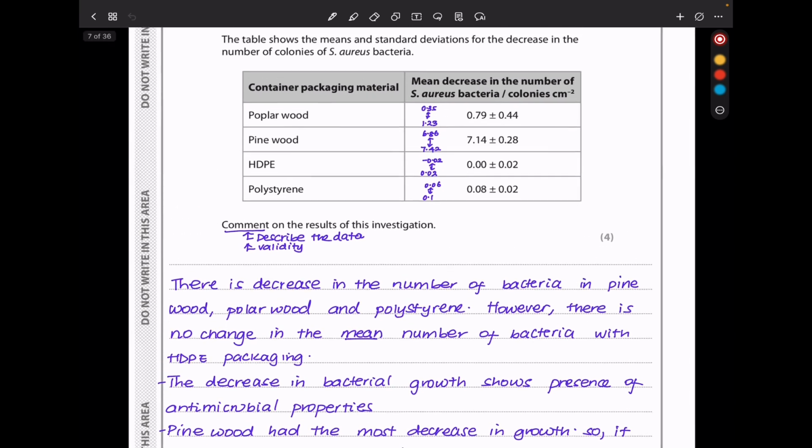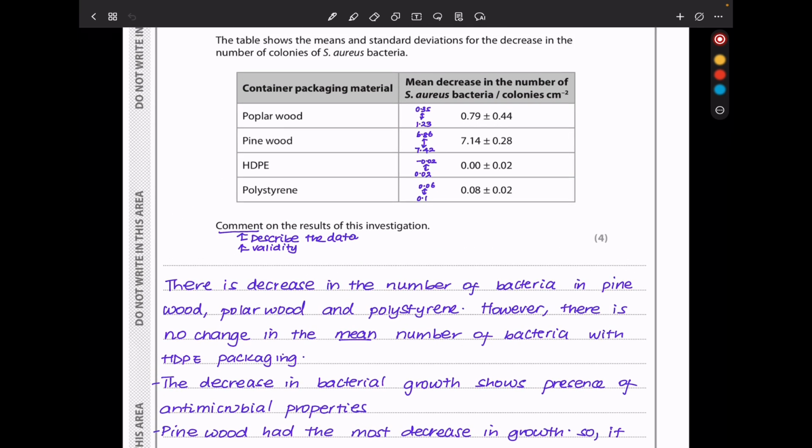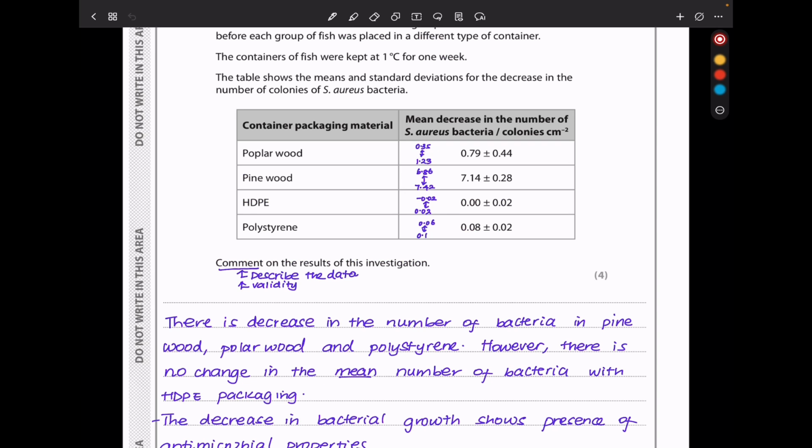In questions asking you to comment, you have to be able to describe what you see in the results. You have to talk about the methodology, but since here we are commenting on the results, there are no methods that are given to us, even if we do not focus on that. Since they've given us standard deviation, we need to talk about the validity of the results, if there is overlap and so on. Looking at these results, the greatest decrease was here with pine wood, and this one here had